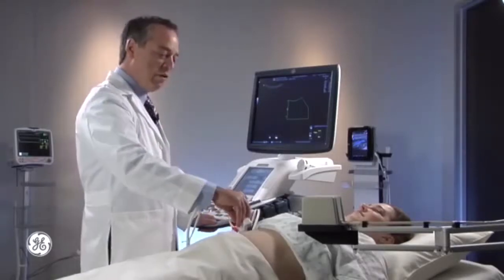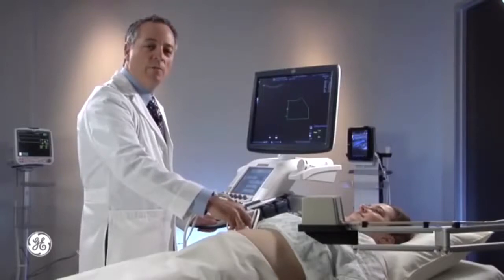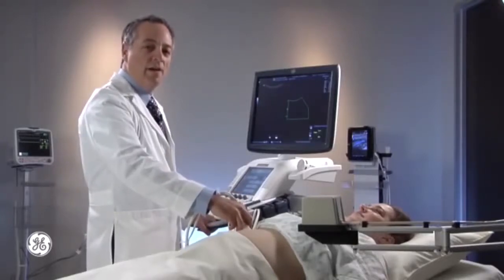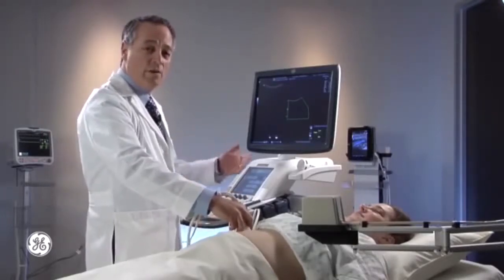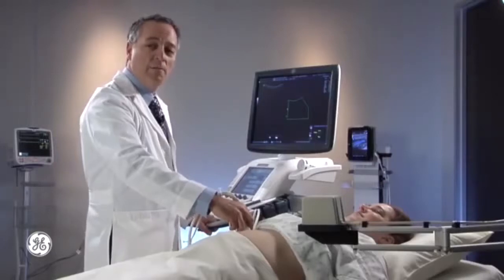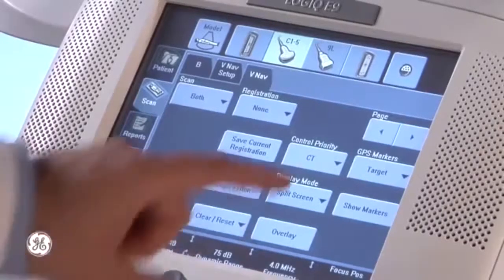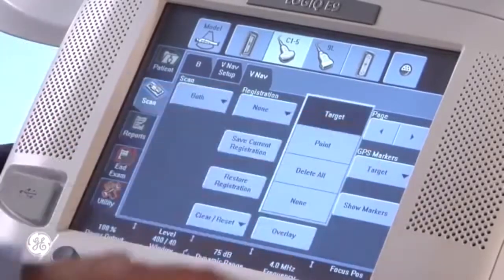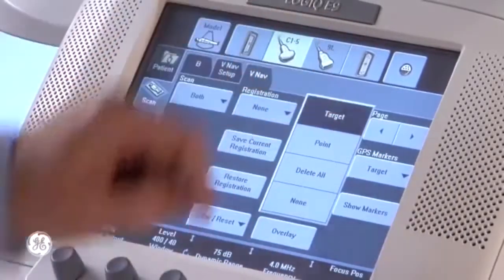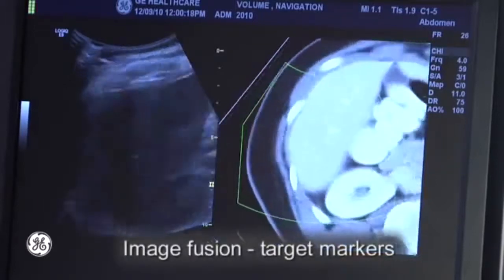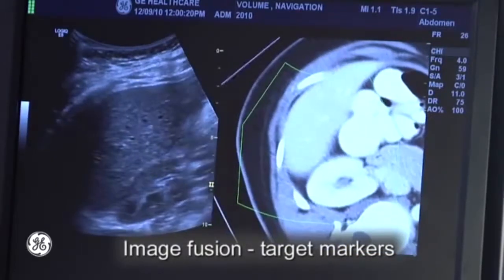The first is a target marker. Target allows you to mark one specific area and show as it's advancing through the anatomy. Maybe it's as you're seeing a needle tip, as the needle is progressing. So as I'm scanning now, I'm going to use target first, just by selecting it from the touchscreen. So if my area of interest is in the kidney here,